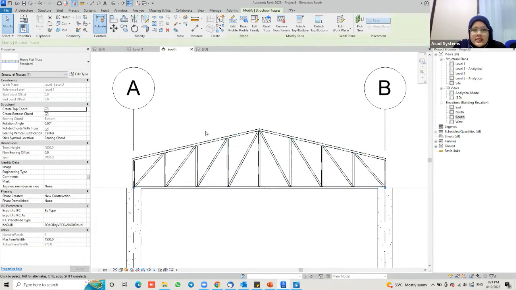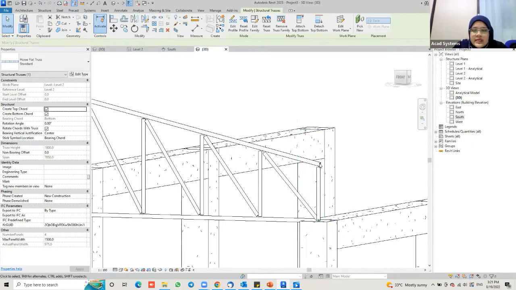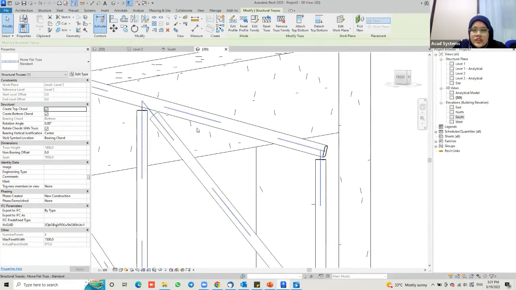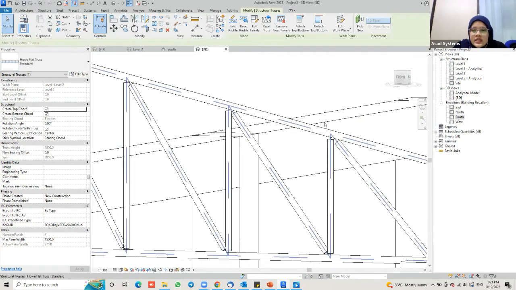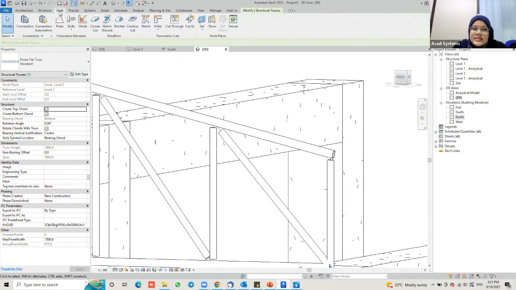So you can see the design, the shape of the trusses has changed now to the pitch one. Okay, so I go to 3D view and I zoom in to one of the parts. You can see the parts are not joined to each other. So to join the parts, I'm going to go to the Steel tab, and these are the tools that we can use to join or to cut the steel